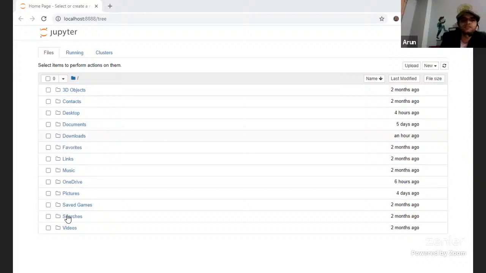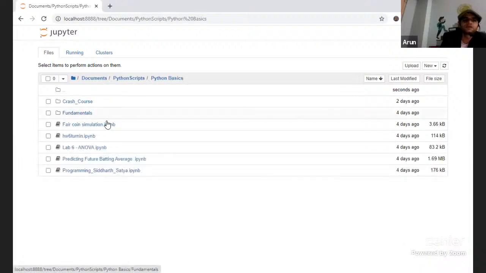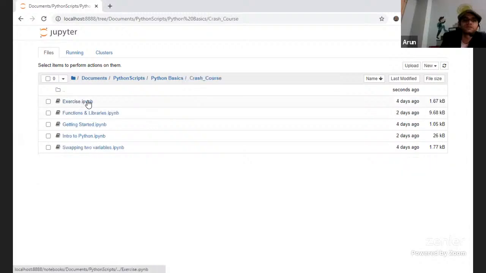Now, let me go to the Jupyter Notebook. If you're able to see, this is called Jupyter Notebook. So what we can do is go to the exact place, Python basics, and let me go to dashboards. We have a lot of programs over here. As I said, once you have installed Anaconda, it's a straightforward approach. While installing Anaconda, you could also ensure that it is added to the path variable or not. That is up to you. But I generally prefer to execute Python from within the Jupyter Notebook.